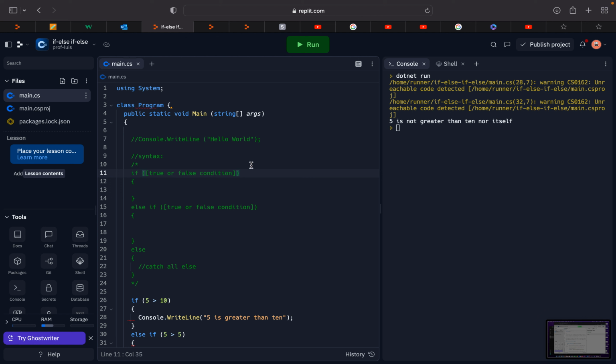Notice there's no semicolon at the end of this, and actually there's no semicolon at the end of the curly brackets either. That's just part of the syntax. And so you have your literally if word, and then you have a true or false condition inside of the parentheses. So if it is true,